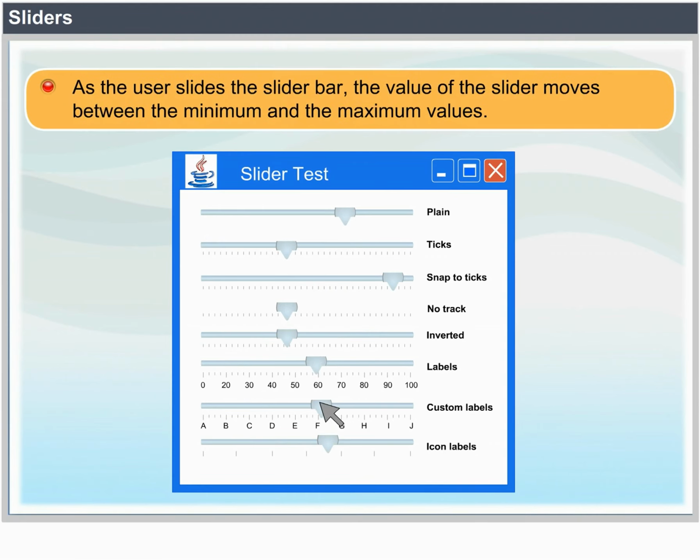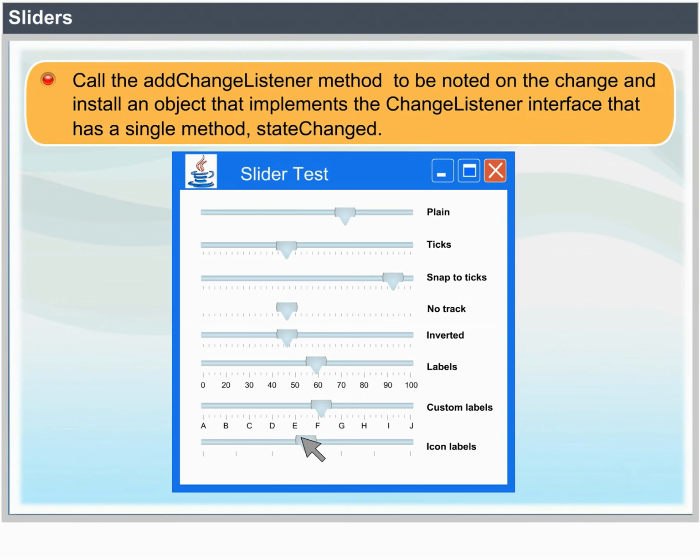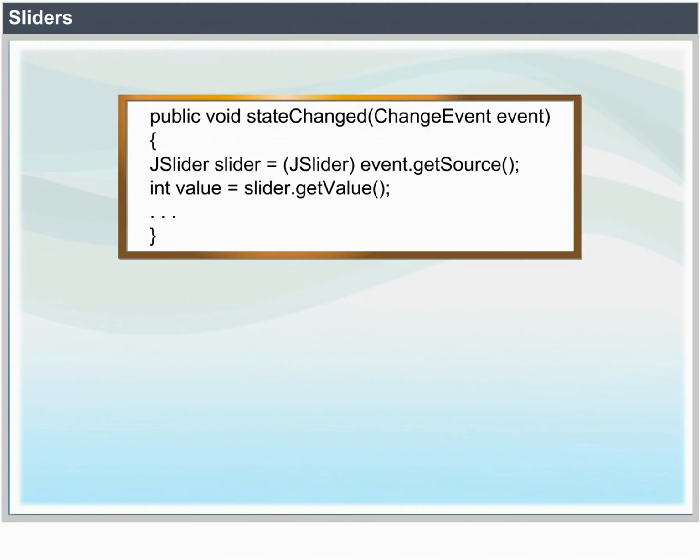As the user slides a slider bar, the value of the slider moves between the minimum and maximum values. When the value changes, a change event is sent to all change listeners. Call the addChangeListener method to be notified of the change and install an object that implements the ChangeListener interface, which has a single method, stateChanged. public void stateChanged(ChangeEvent event) { JSlider slider = (JSlider) event.getSource(); int value = slider.getValue(); }